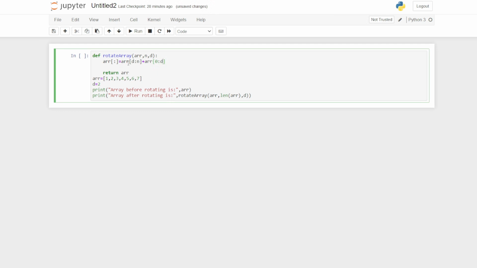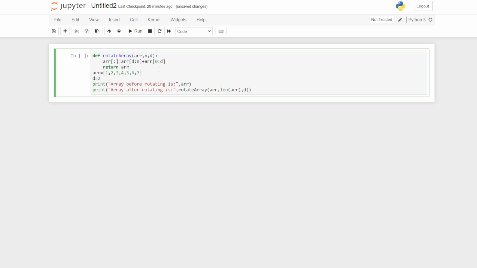Because before the addition has happened, nothing has changed in the array. The equal to sign will be applied after the addition is done. So the first 0 to d elements will come after the d to n elements, and those will be assigned to the array. After that we will return the array.